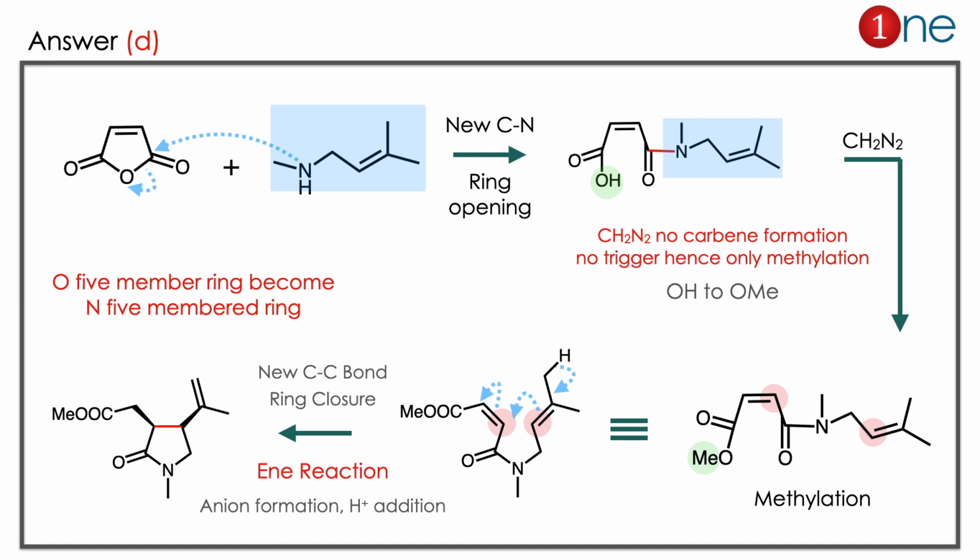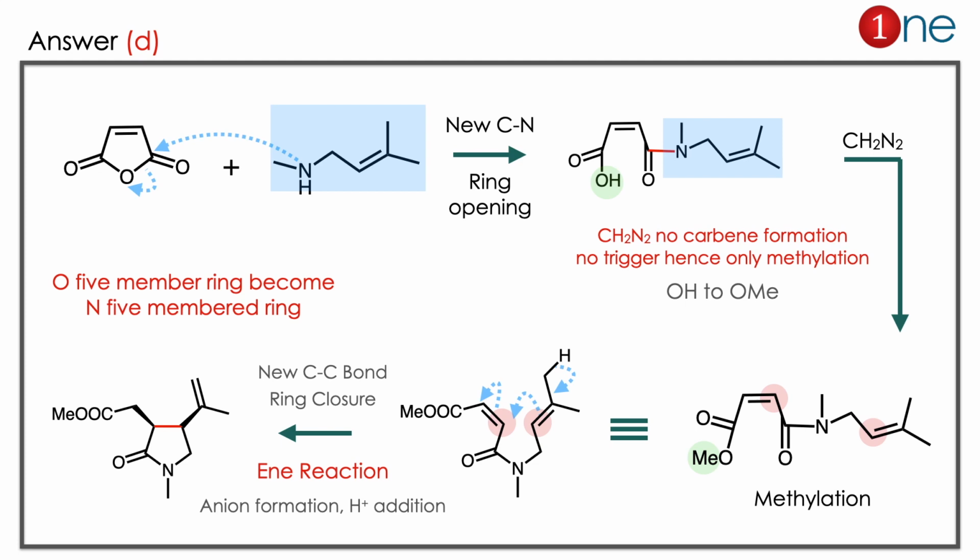The answer is D. Let us see how. The starting material is an anhydride kind of architecture. The starting material contains ketonic groups, and you have an amine. So definitely ring opening occurs there, you have the condensation, and a new C-N bond formation will be there. So new C-N bond formation, then you have alcohol and C=O in the same set.